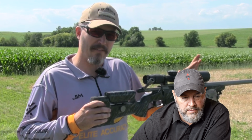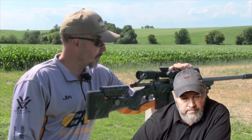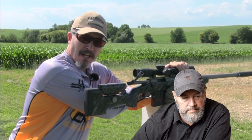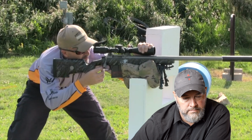Once we have the bag placed on the barricade and the rifle placed on the bag, what I want to do is use a free recoil hold on the rifle using my left hand to brace the gun across the scope tube. My left forearm is actually braced onto the barricade, and that's going to support my body and help my upper body to keep from...